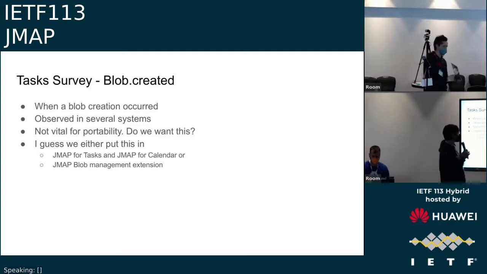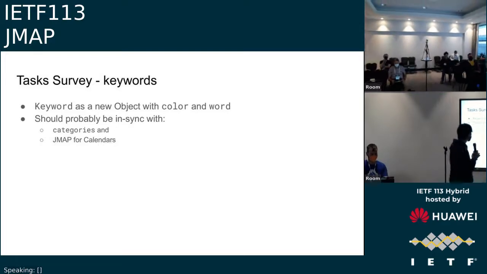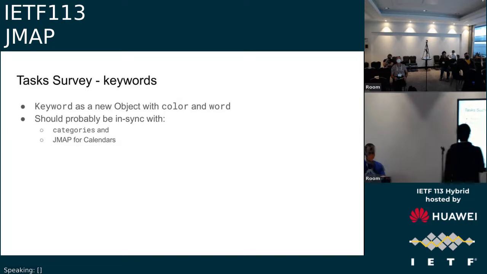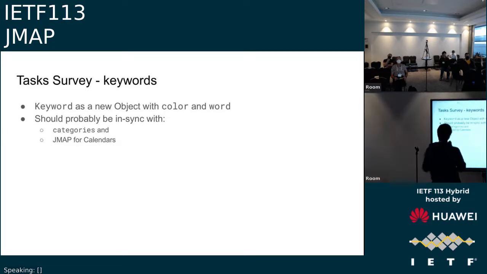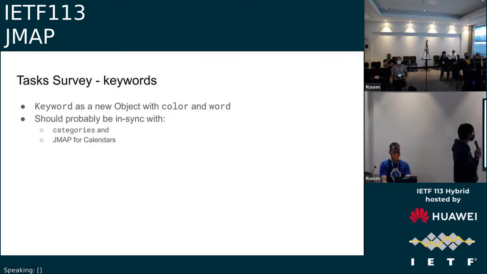All right. So there's not much left. Keywords was already discussed on the mailing list. I think it makes a lot of sense to have a keyword color property for the task list, with the colors that we have for each keyword, and then have a separate keyword property, or change the keyword property to be not a simple string, but something a bit more complex, as already discussed on the mailing list.